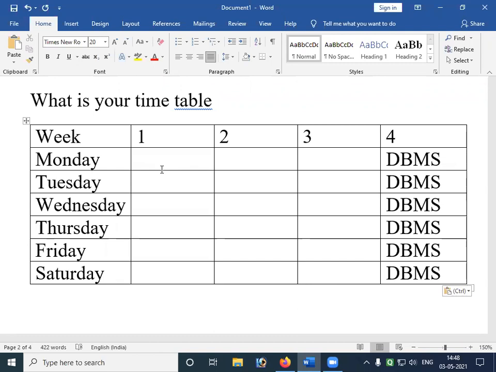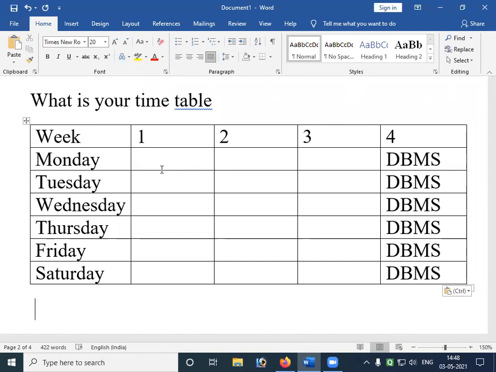Now suppose I ask you a question like, can you store two sections' timetable in one table? How do you store that? This is the question. This is where our relational model tells you all about such things.